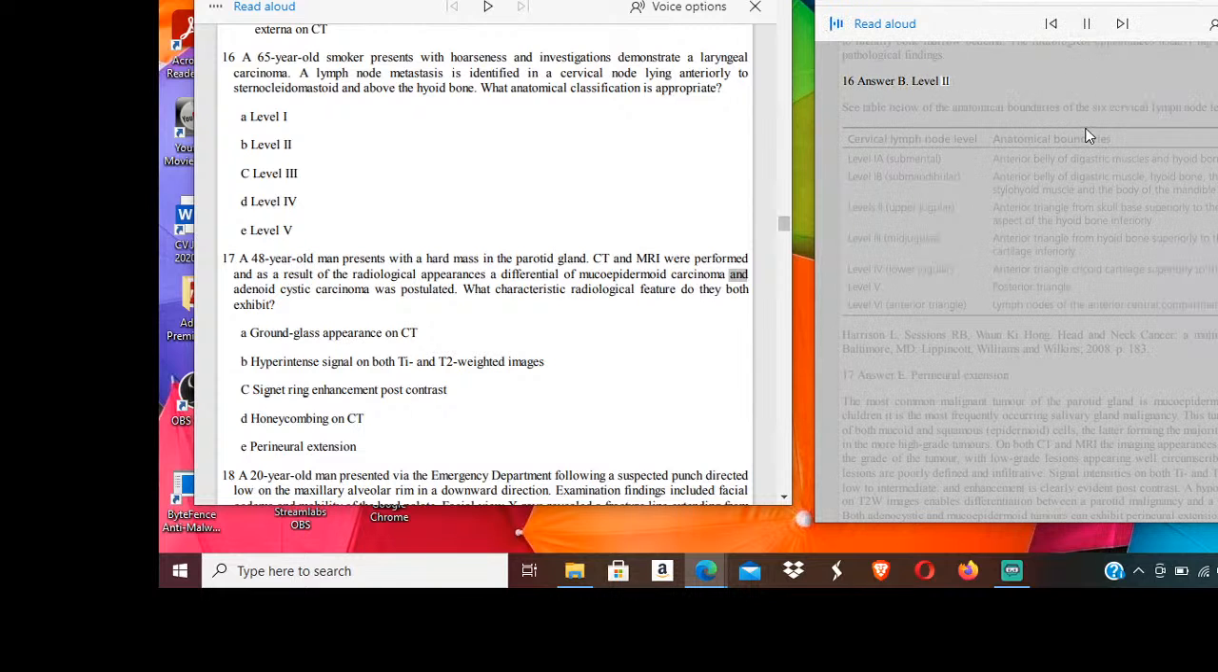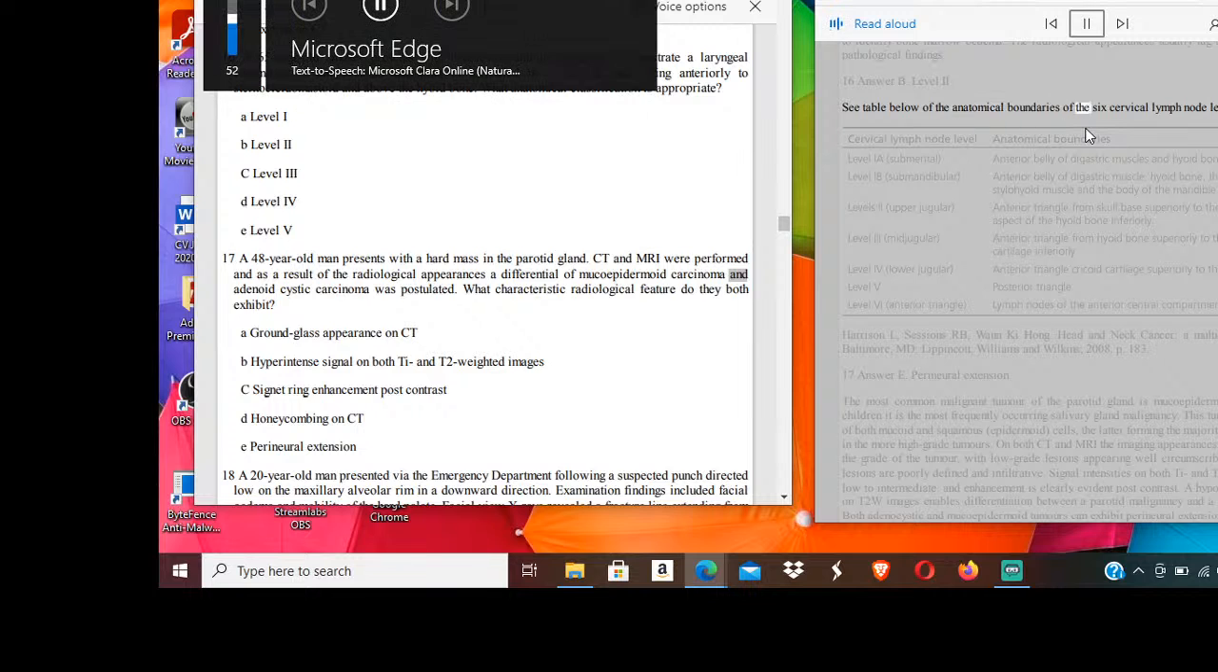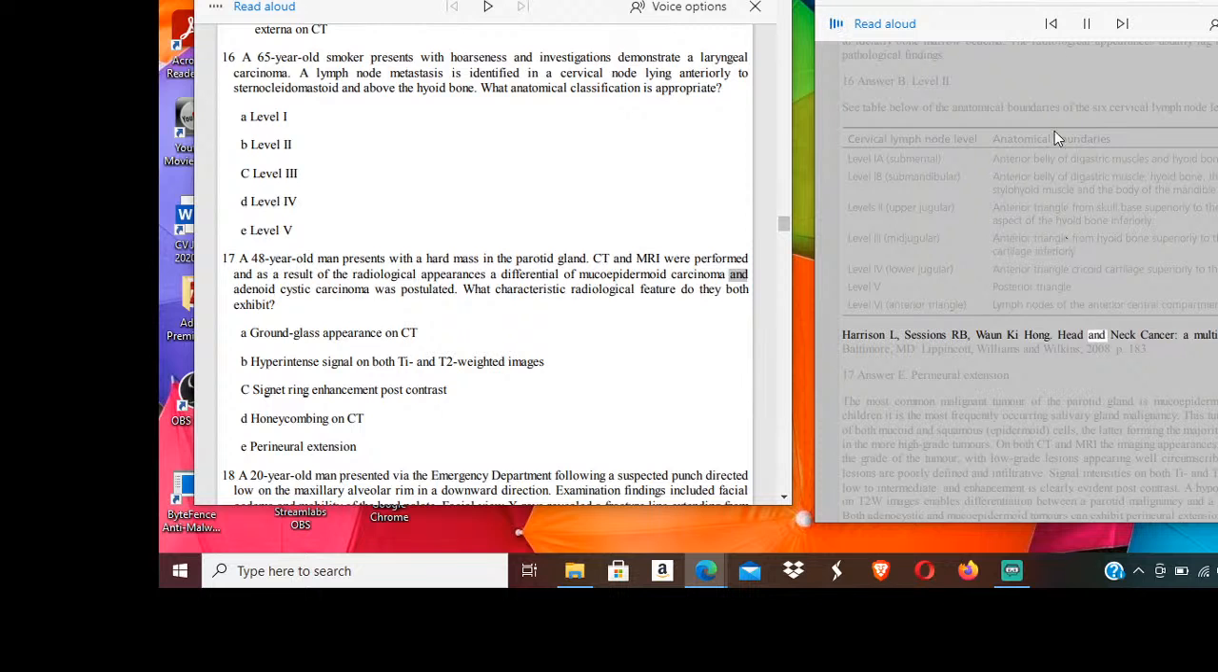Answer B, level 2. See table below of the anatomical boundaries of the 6 cervical lymph node levels. Harrison L, Sessions RB, Hong WK. Head and Neck Cancer: A Multidisciplinary